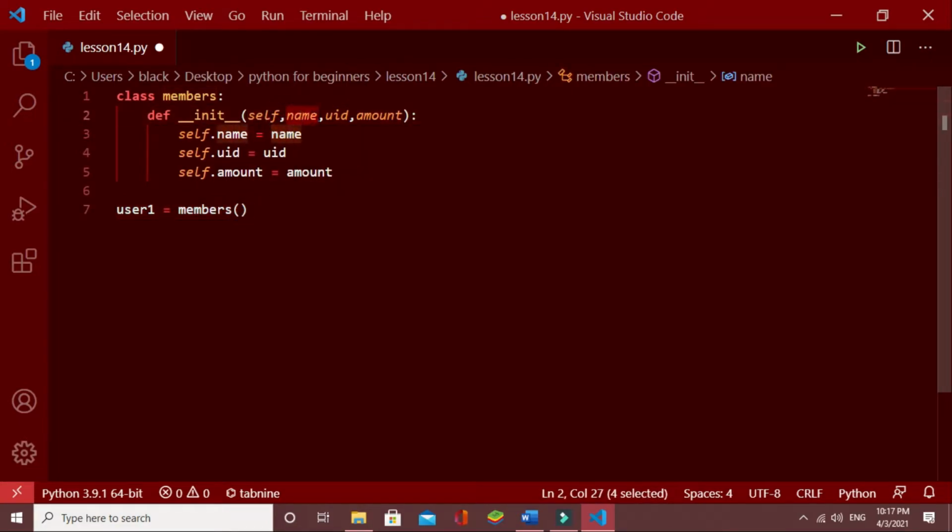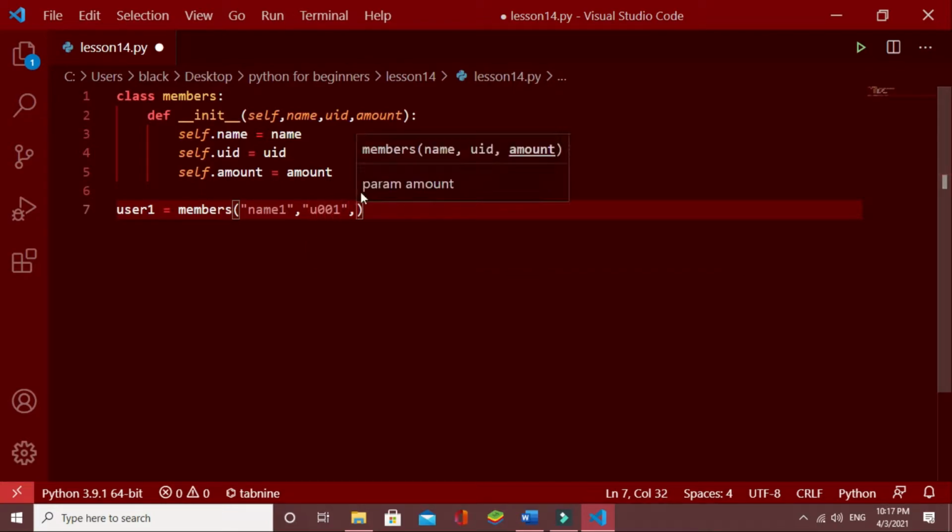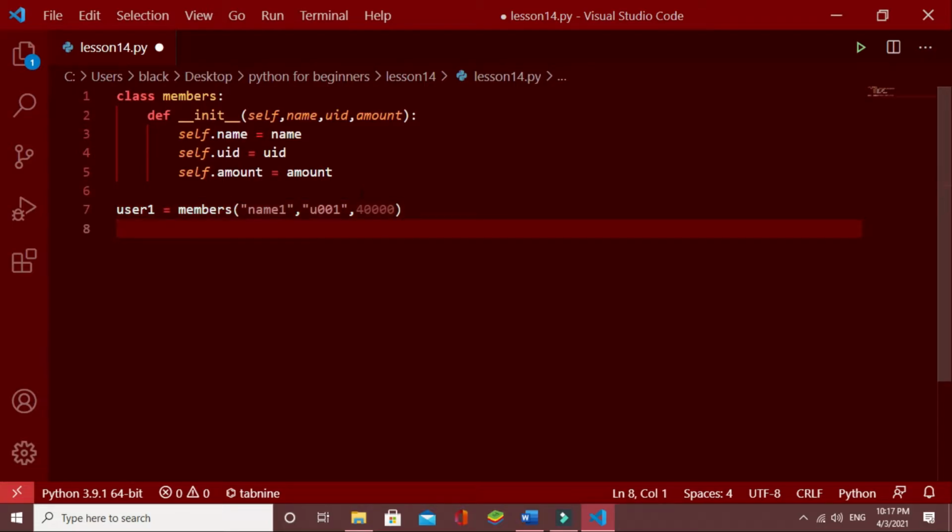First we have to give this input, next this one, and lastly this amount. First let's give a name. Here I'll call it name1, and for UID I'll give U001, and for amount I'll give 40,000, and this is user 1.